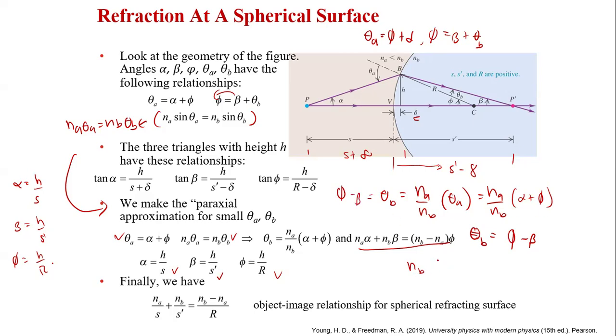So from this one, NB times phi minus beta is equal to NA times alpha plus phi. So we can